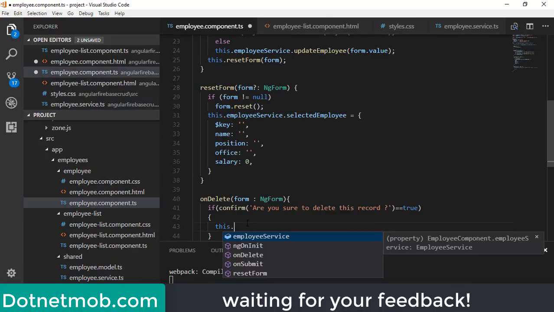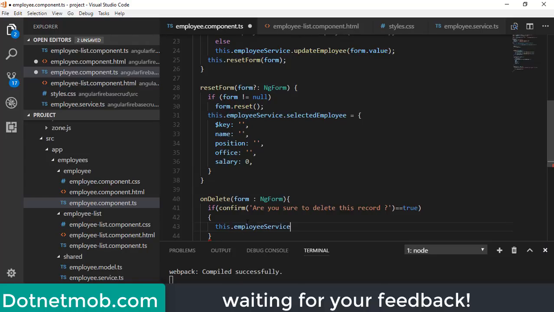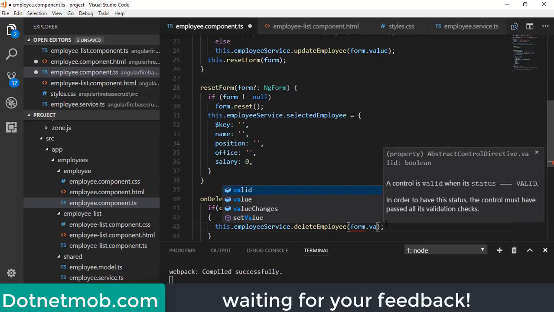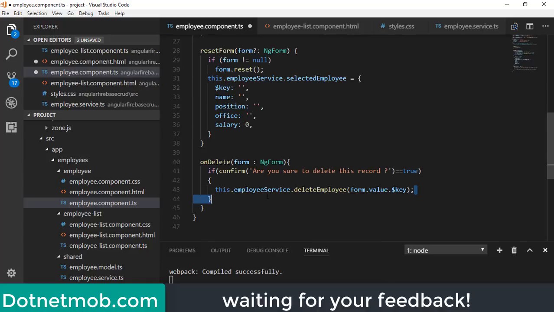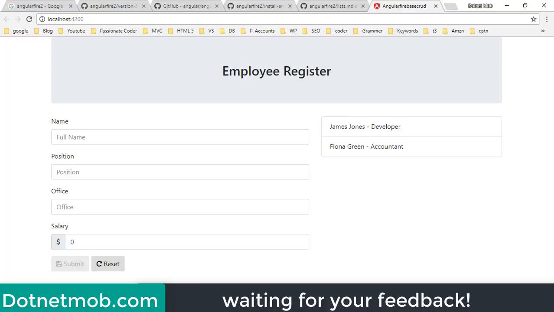And we can call this function delete employee from this component here. This dot employee service dot delete employee, and we just need to pass the key value. For that we can do this form dot value dot $key. So this will remove the selected employee. Now we just need to reset this form.